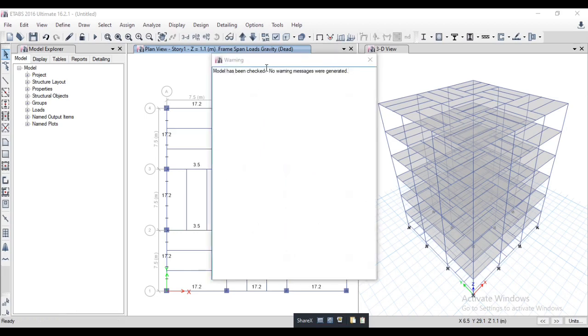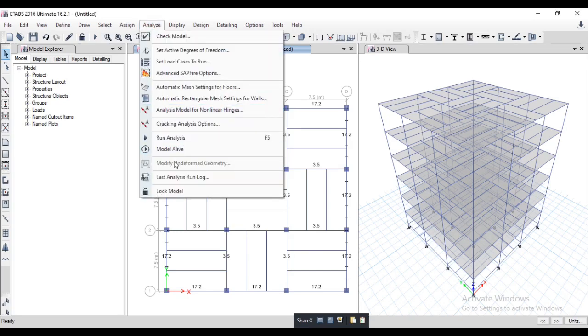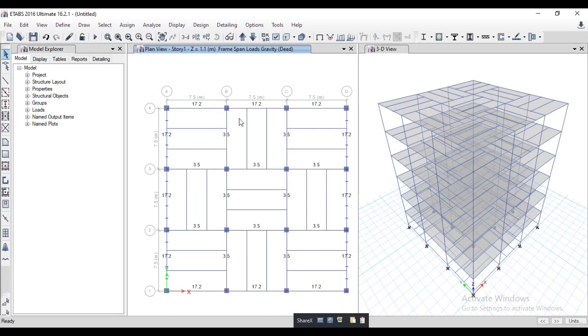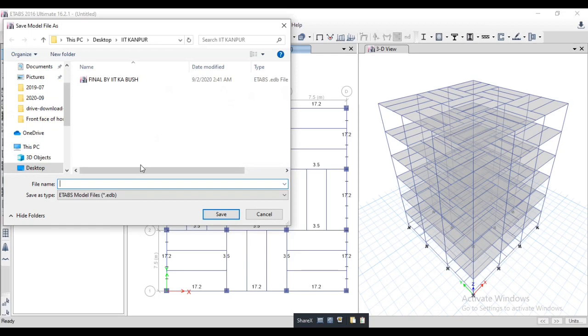Model has been checked. No warning messages were generated. So means everything is okay. Go to analyze and run analysis. It will take almost 10 seconds. Select. This problem is given by IIT Kanpur, so I am selecting IIT Kanpur.